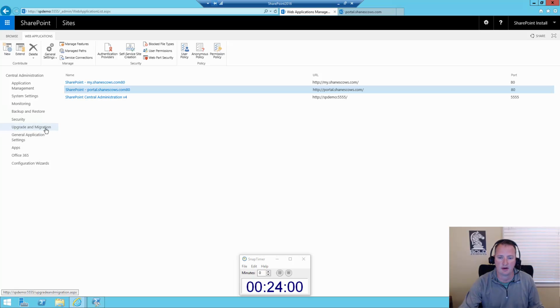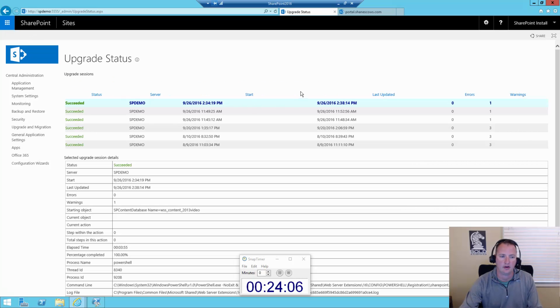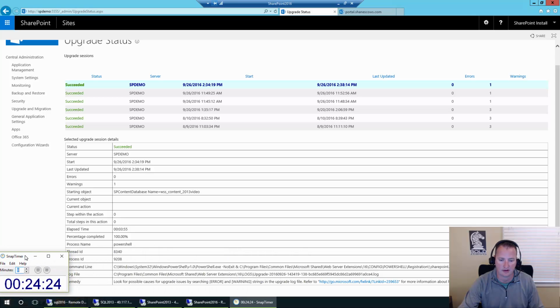If we go over to Upgrade Migration, you can go here to check upgrade status. And so here you'll see all the upgrade logs that have ever happened. In this environment, it looks like I've done 3 today, so you can tell I did a couple of trial runs before we did this. Then this will tell you it took 3 minutes and 55 seconds. If we move the timer over a little bit for a second, it'll also give you the location directly to